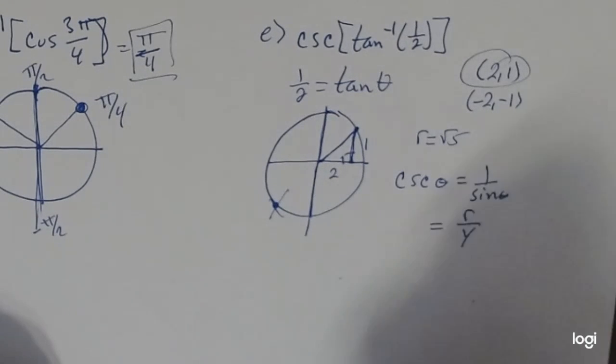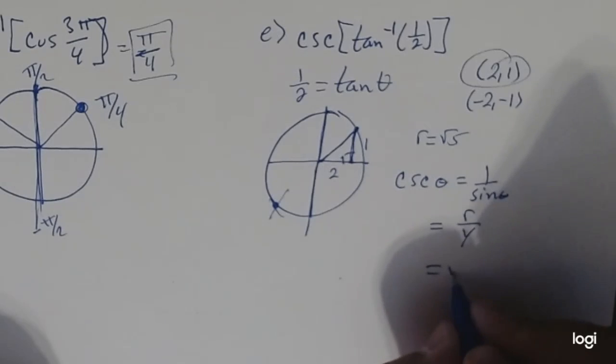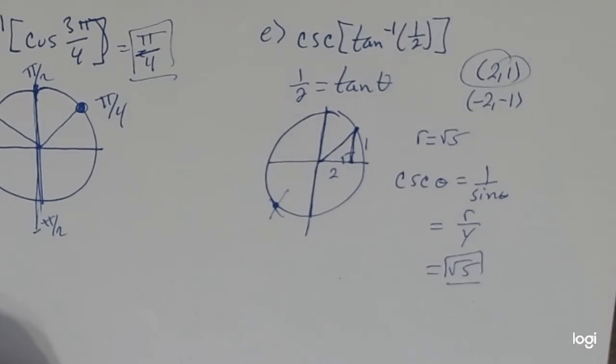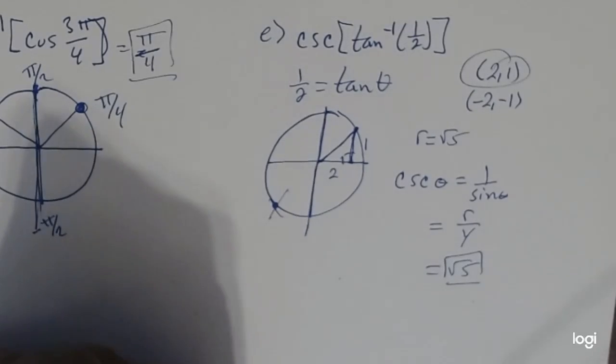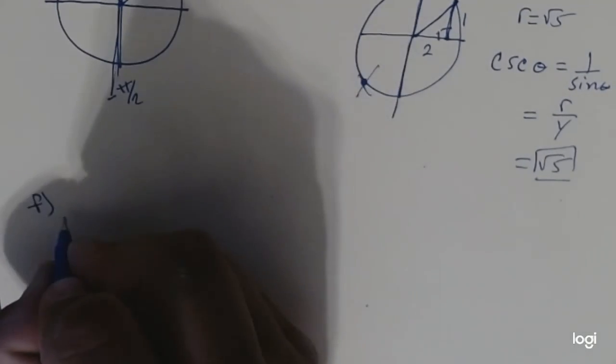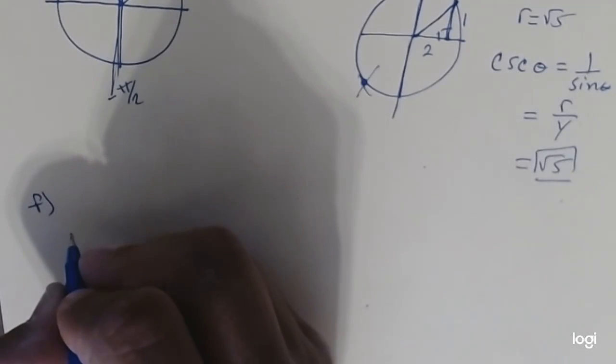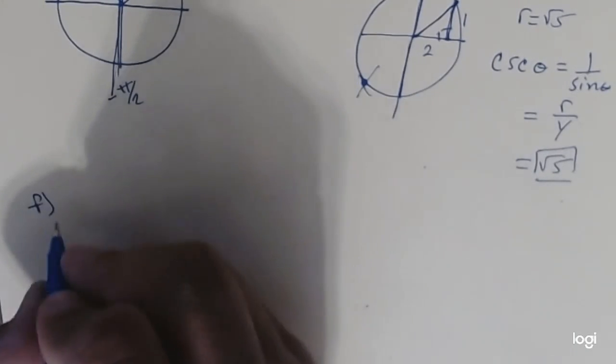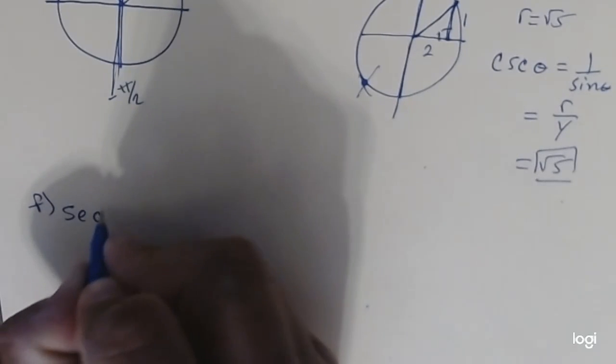Right? So therefore, it's going to be just radical 5 over 1, or just radical 5. Okay. And then finally, let's just do the last one, f. Okay. So f is, we want secant inverse